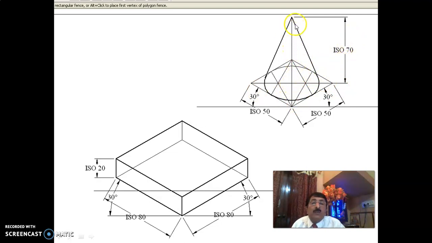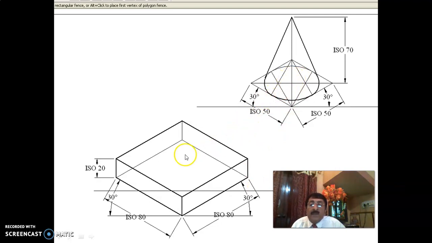Now as you know, only this is isometric, and these two are called generators, which are non-isometric because they are not parallel to any of the vertical edges. This is non-isometric, this is non-isometric. And this portion you have to break here, split here, and this portion you have to make it light. Now the procedure is